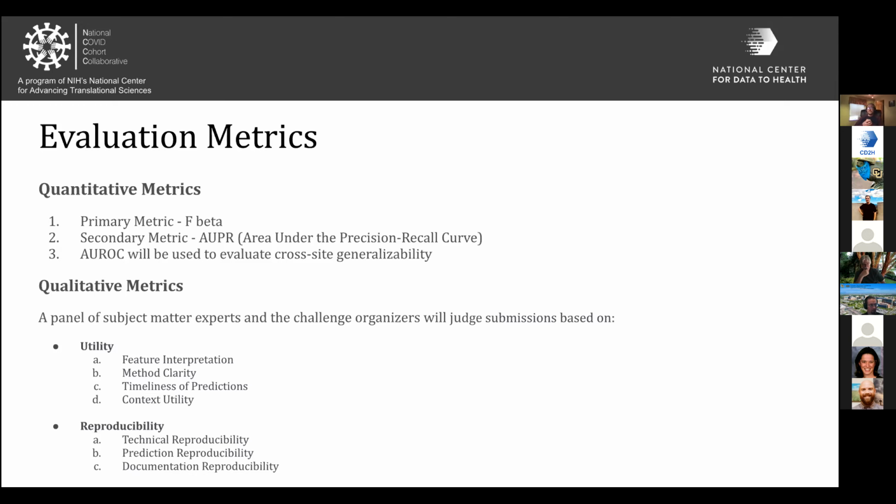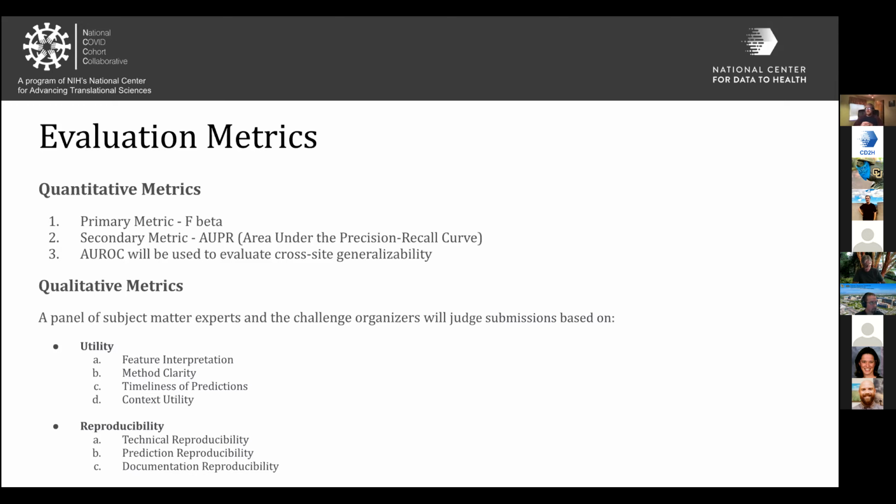And then reproducibility. How easy is your model to technically reproduce? If we pull your model from your output folder into a different environment, and we put in supposedly the same structure of data, how often are our models breaking? Basically, how easy is it to transfer across different environments? Prediction reproducibility: are your models making the same predictions every single time they are run, or is there a lot of randomness associated with that?